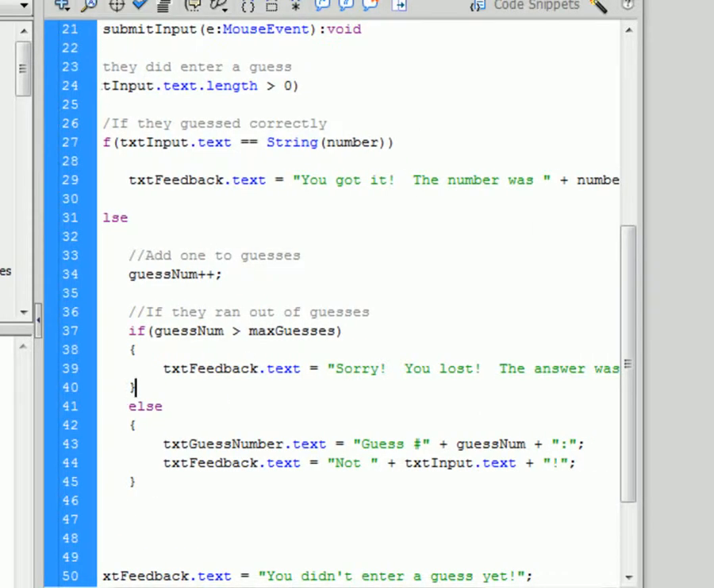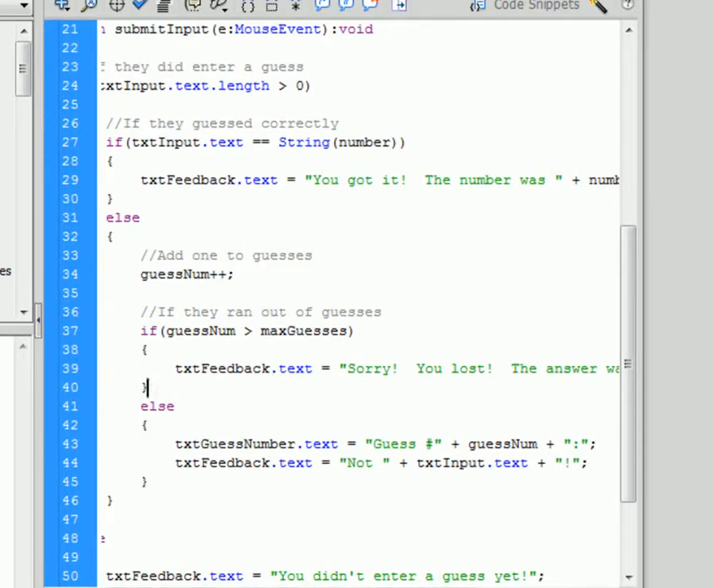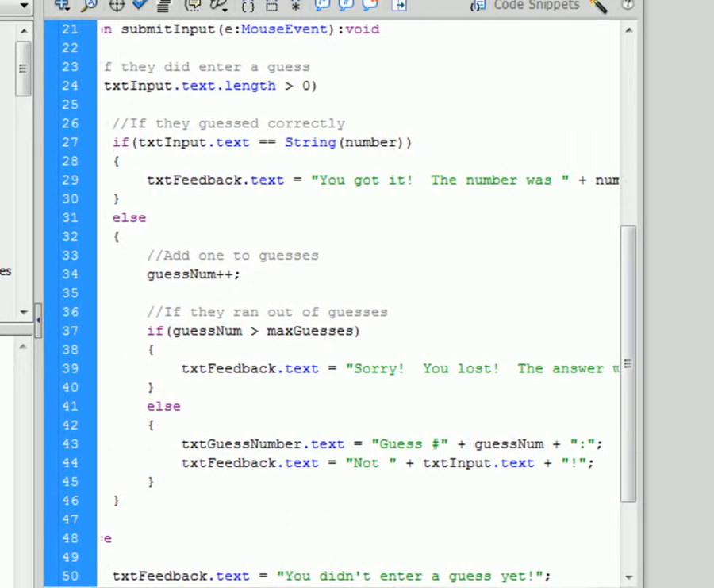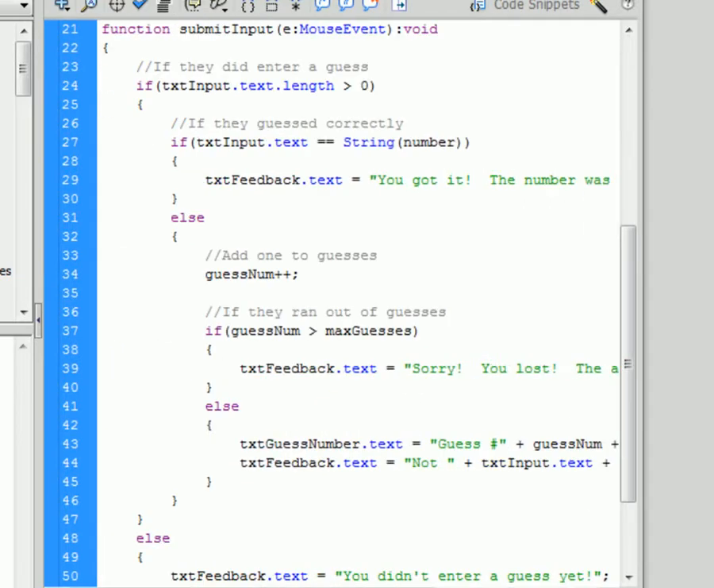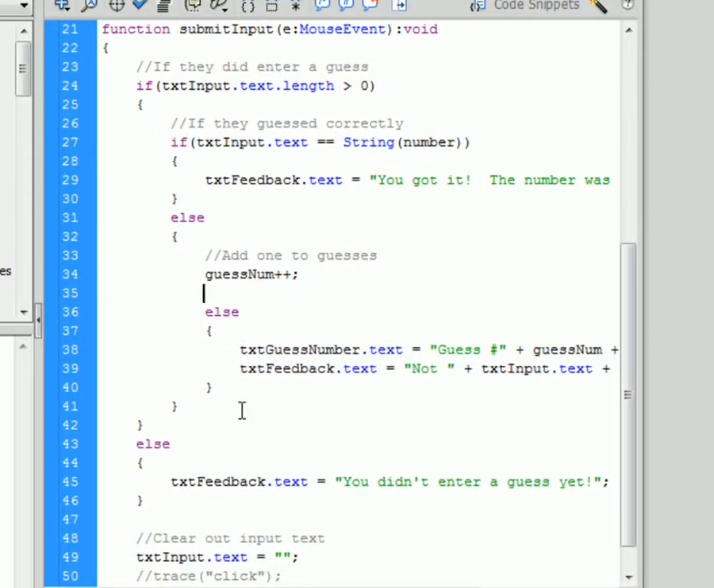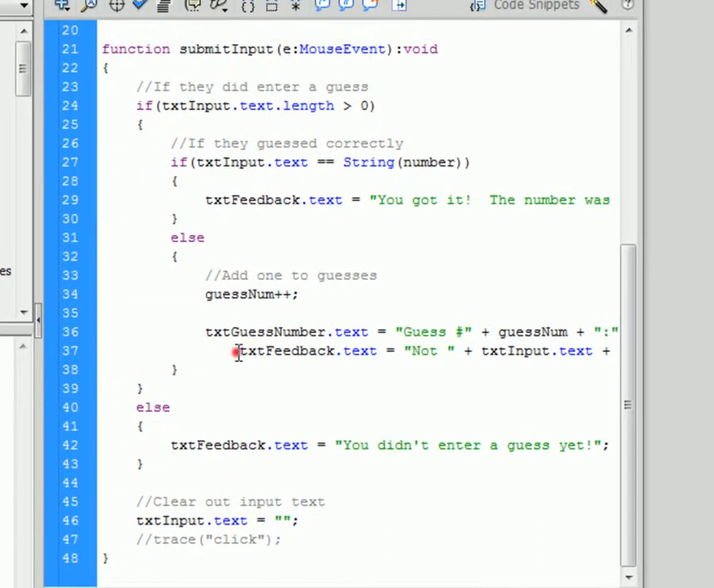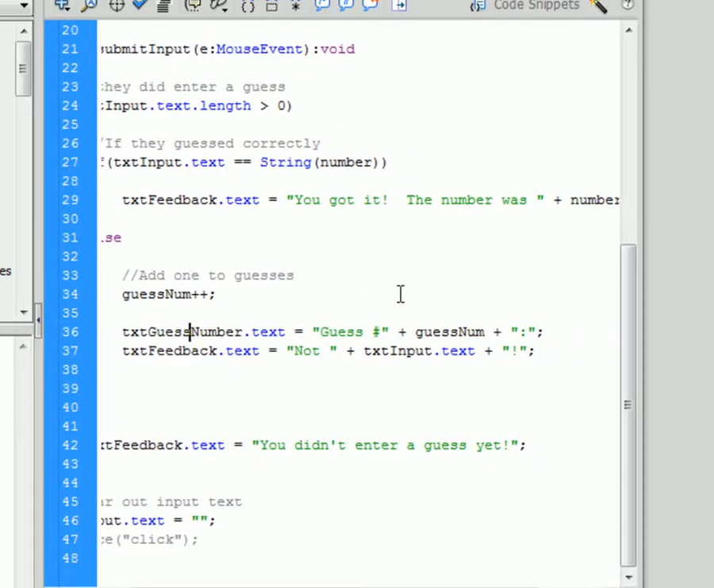We're checking to see if they ran out of guesses. So we no longer want to check to see if they ran out of guesses. So this part right here, sorry you lost, the answer was whatever, we want to get rid of this. Okay. And now if we get rid of our if statement, well, you can't have an else on its own, so let's also get rid of this else statement. Okay. So now what we have so far is if they did enter a guess and they guessed incorrectly, we're going to add on to their guesses, and we're going to tell them what the guess was, and that, well, it wasn't